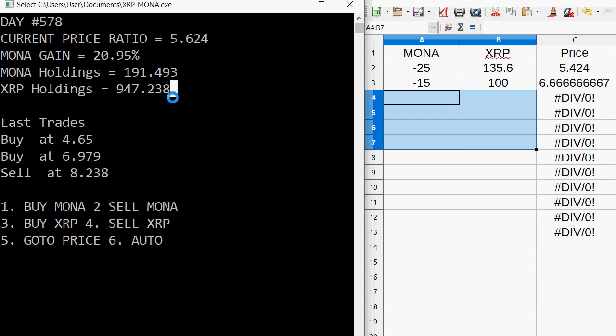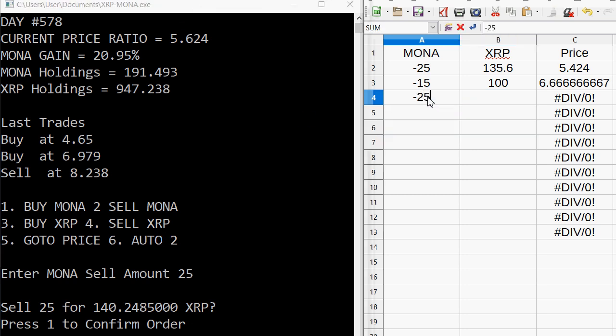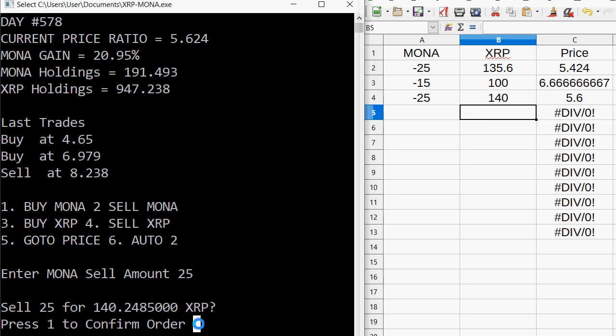Okay, so we have a 20% gain, you own 191. So 10% is 19. Let's just do like a small 25 now. I mean, that's a type of, your stakes are higher. They're selling 8 at a time? No way, not at this level. Not when we've got this type of gain that we've been able to get. We're now just doing,